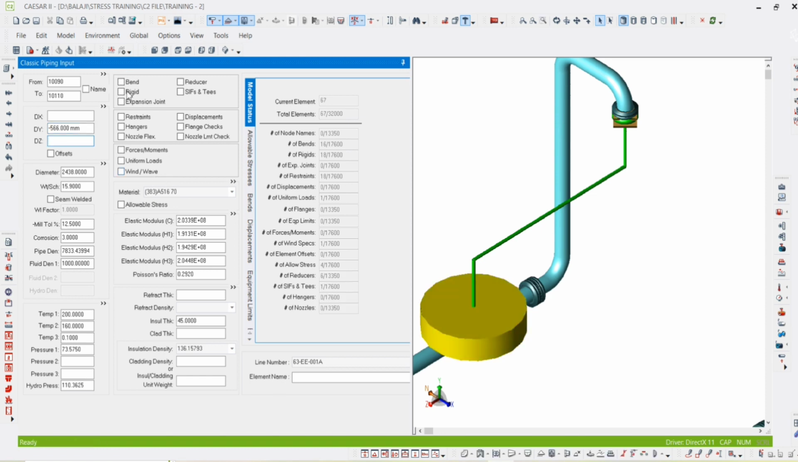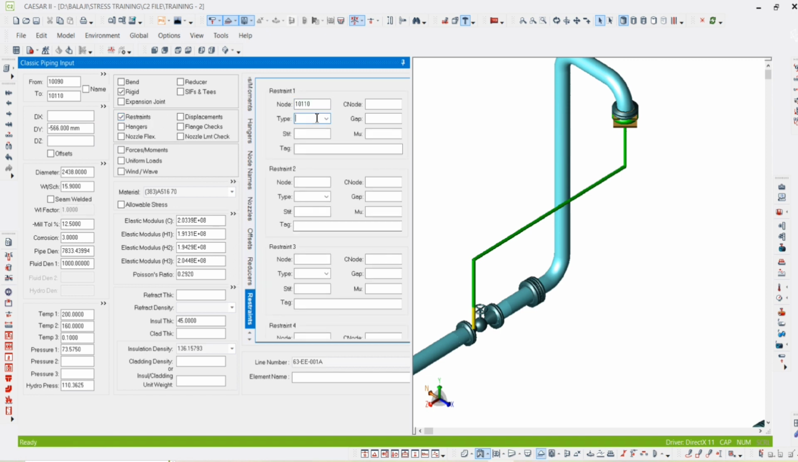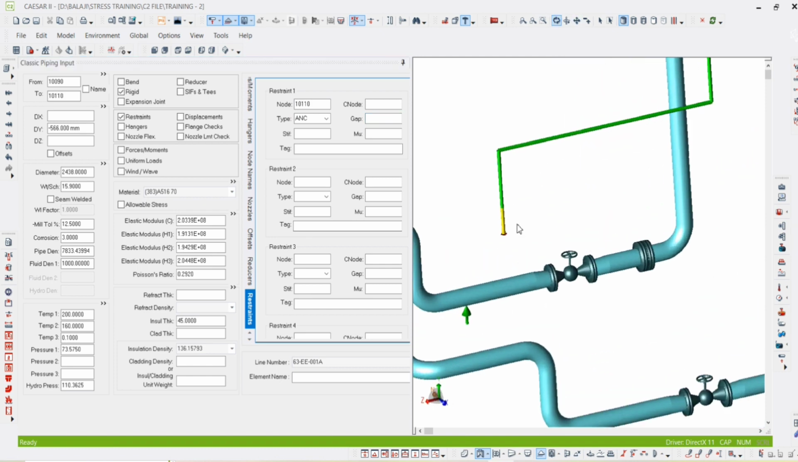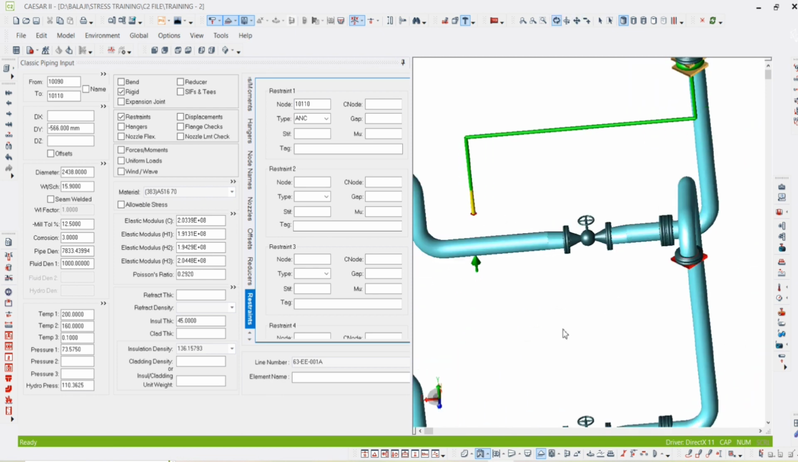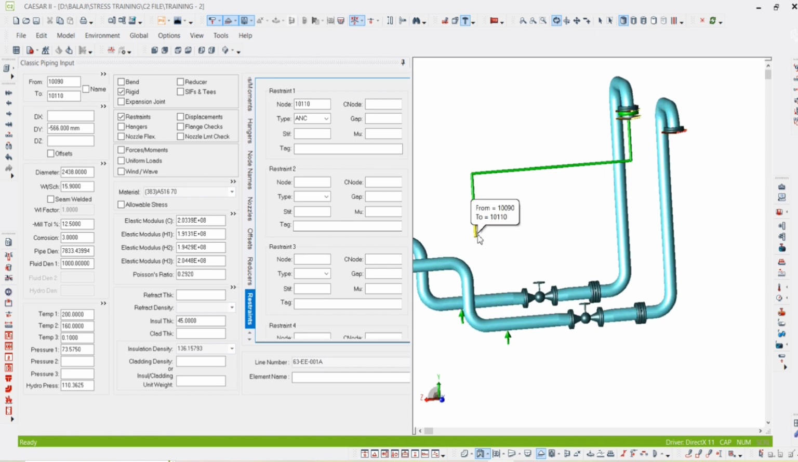Generally the saddle is subjected to atmospheric temperature and pressure. There will not be any fluid flow in the saddle. So we need to consider ambient temperature and pressure for the saddle. You see the small portion, the saddle. We have provided an anchor restraint, because since it is a fixed saddle, we consider it as an anchor. So what we need to do now,